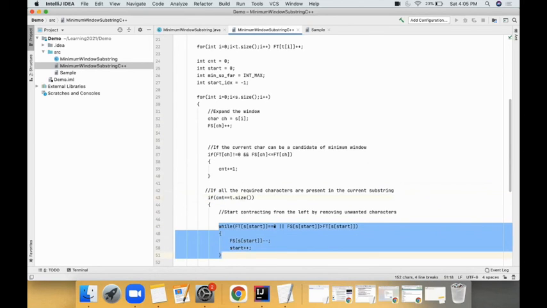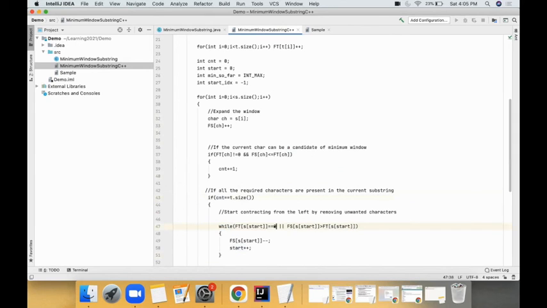How I will decrement is: if the current character at the start is not present in string 2, then I can simply increment my start by 1 and decrement its count in the map, because my window is from start till current position I, and my map shows the frequency of the characters from start to I. Also, if that character is an excessive character which I don't require, then also I can remove it.